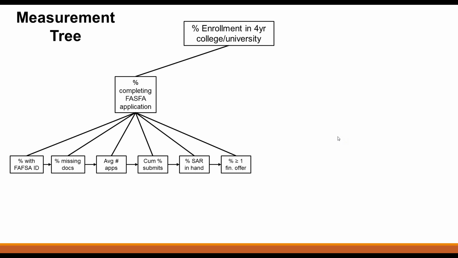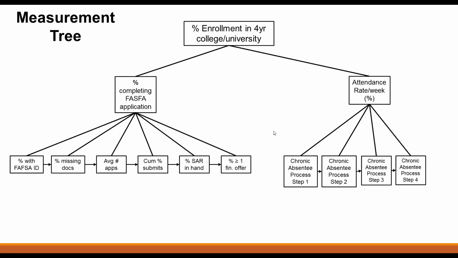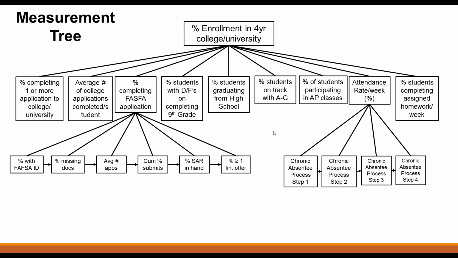But that's not the whole picture. If you remember, at the beginning, we had a driver diagram where FAFSA was just one secondary driver, and there were lots of other secondary and primary drivers. So if you click again, and again, you'll see that there are lots of opportunities, based on the theory of improvement that we have developed, to understand if and where the theory is being successful.